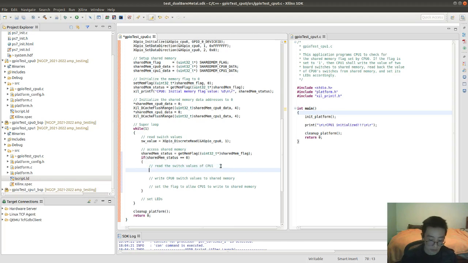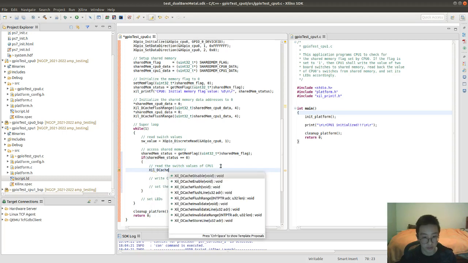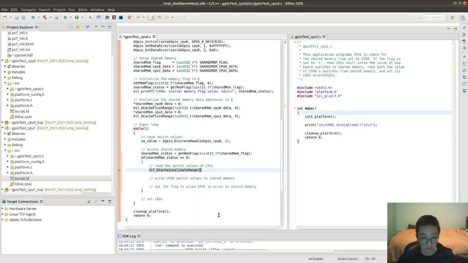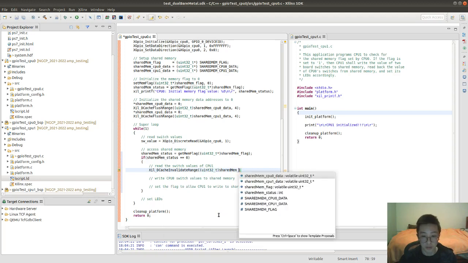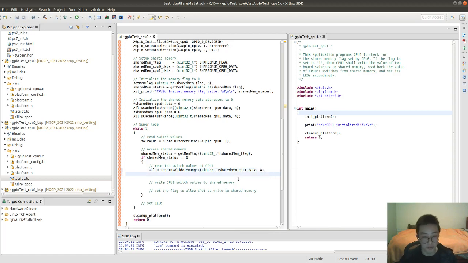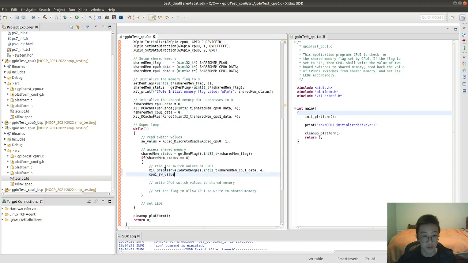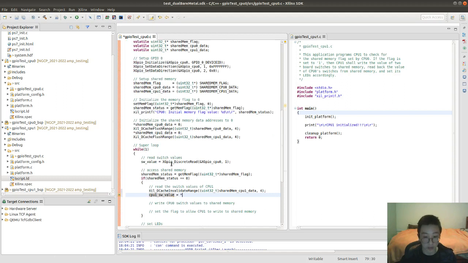So to read the switch values, again, the first thing we have to do is invalidate the cache. We're going to cast this as an unsigned integer, for 4 addresses, because of the 32-bit value, even though we aren't actually using all 32 bits. What did we call this? We called it CPU1 switch value. CPU1 switch value equals